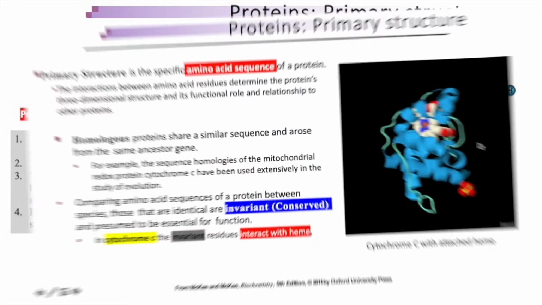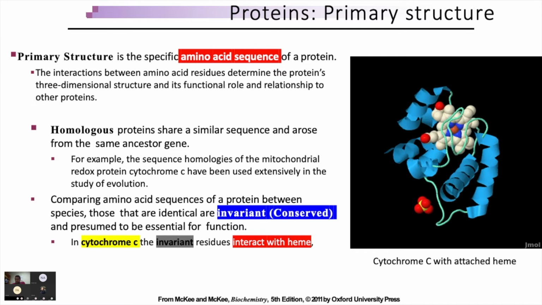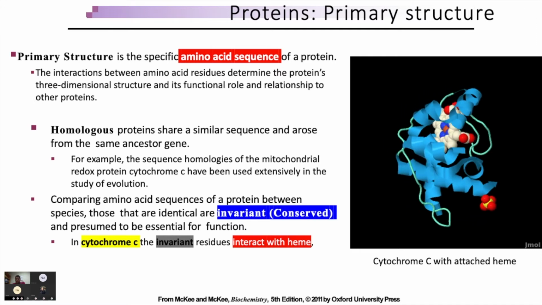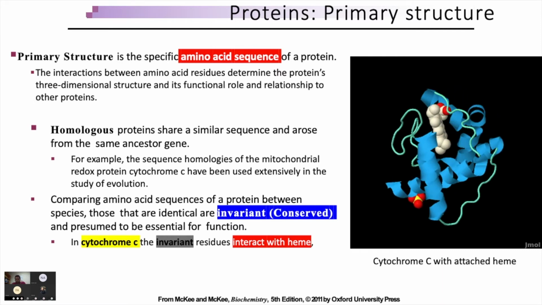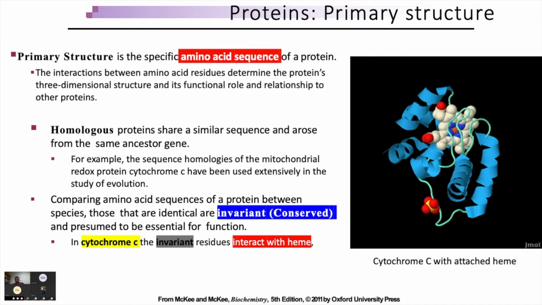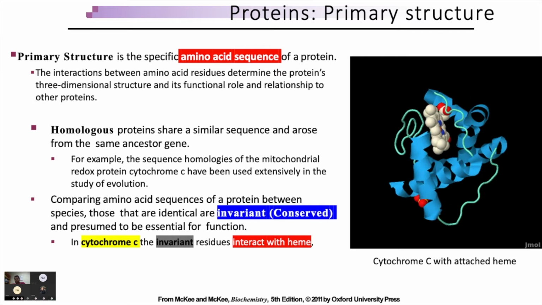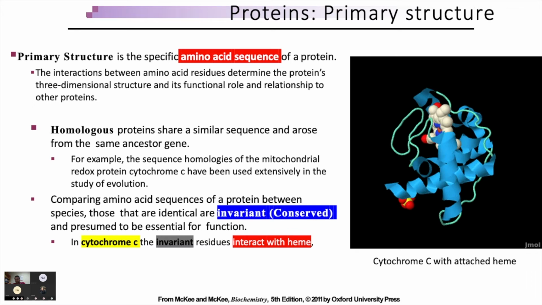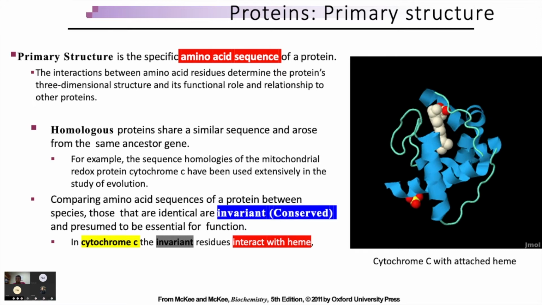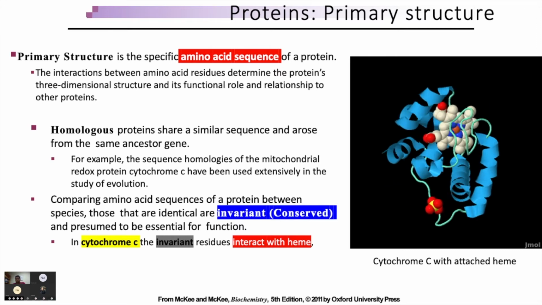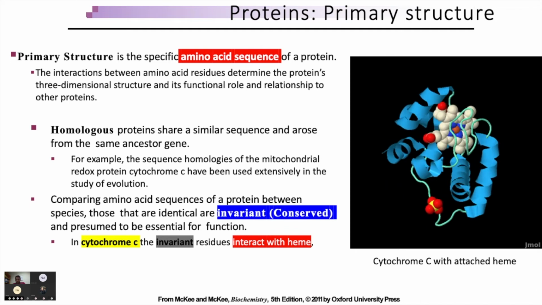This is again primary structure, and the basic decisive factor for any protein is the amino acid sequence. So this is a very clear thing which we need to understand. Every protein is made up of some basic constituents, the linearly arranged amino acids, and this is called the amino acid sequence, and this gives rise to the properties of these proteins. So there are different proteins with different amino acid sequences. Fundamentally, the primary structure of a protein depends on the amino acid sequence.